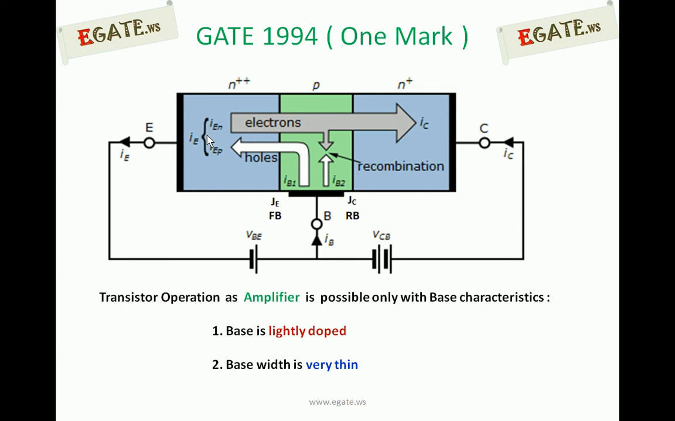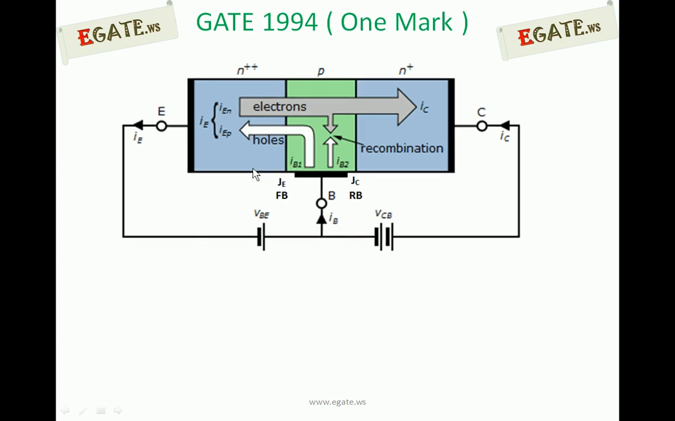So if you make the base width very thin, at that time the current ratio, that is the IC to IE ratio, will increase. So this is the first important point. If the base width is reduced, if the base doping concentration is reduced, the number of recombinations taking place is less, so that the current ratio IC by IE increases. Second point, the second point is nothing but